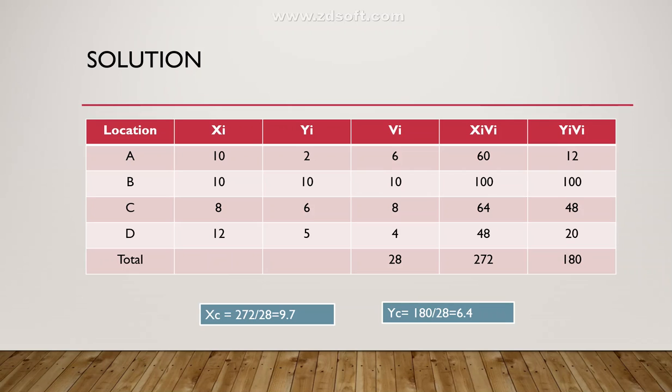So let's see how we can arrive at the center of gravity on the map. We have the resultant with us. Let's plot the information of the x coordinate and y coordinate of the existing areas and the new calculated center of gravity, which is the new x coordinate and y coordinate, so that we get the correct idea, or understanding, of how center of gravity would help us to minimize the transportation cost.